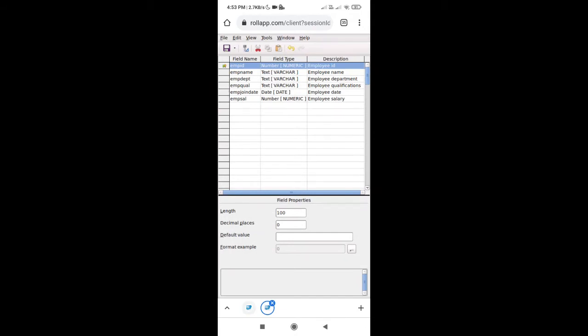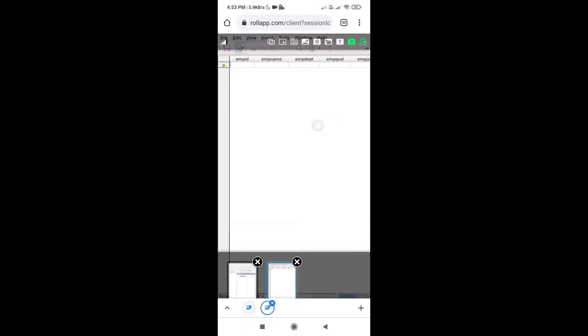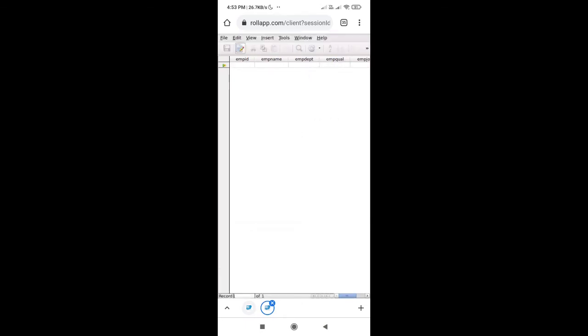After saving the table, just click on the window and select close window. And here you can see the table. If you want to re-enter anything, just double click on the table name and you can see all the fields which we have created, like employee ID, name, department, and so on.